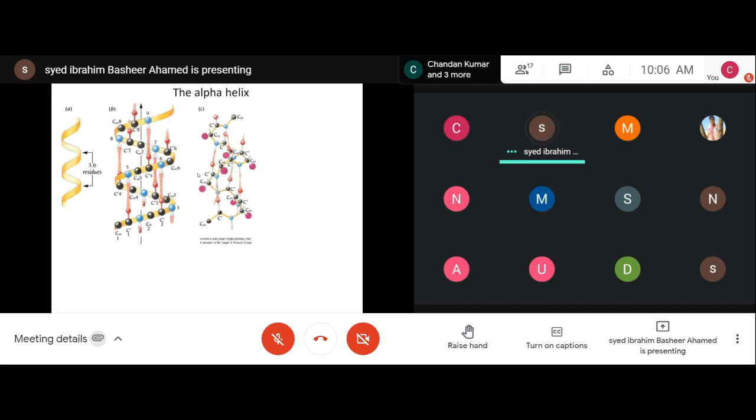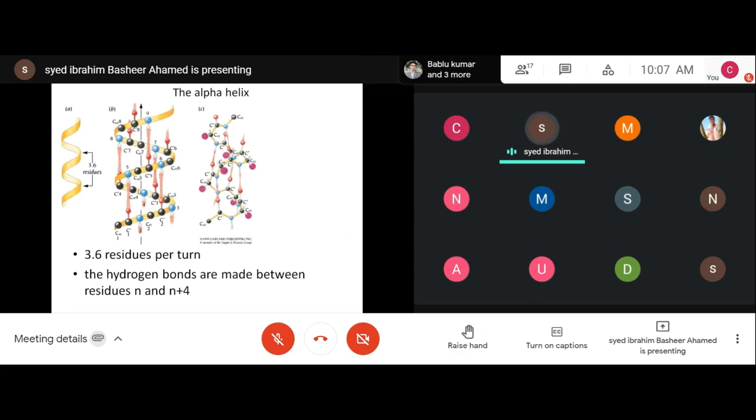All right, so if you see here, everywhere it is also indicating the polarity. The charge goes from the N terminal to the C terminal. The charge is moving towards the C terminal.